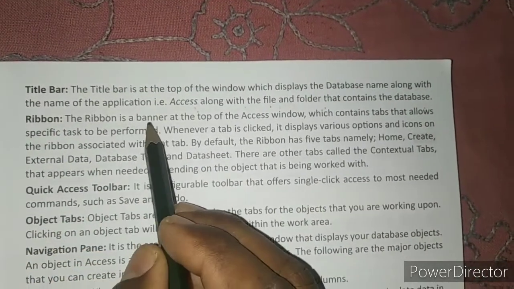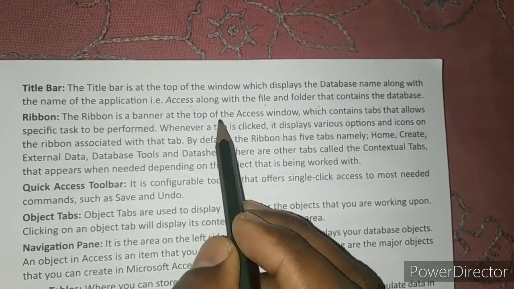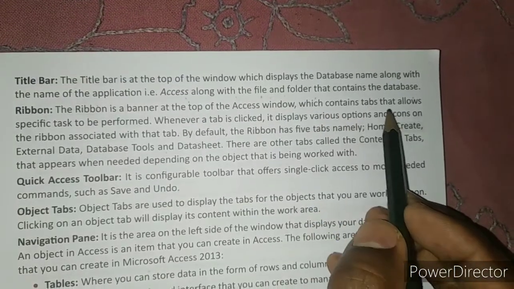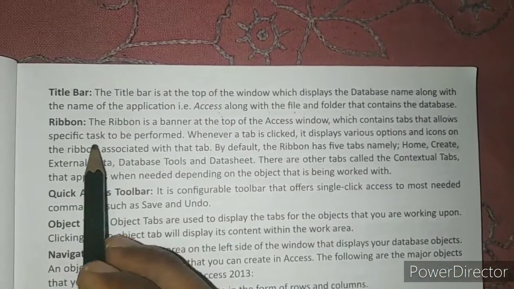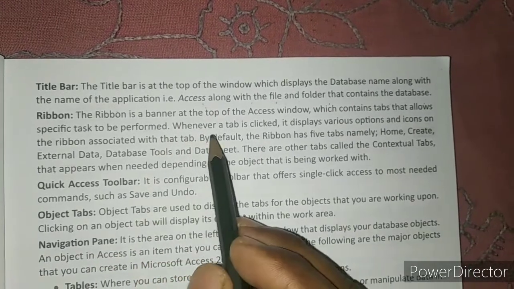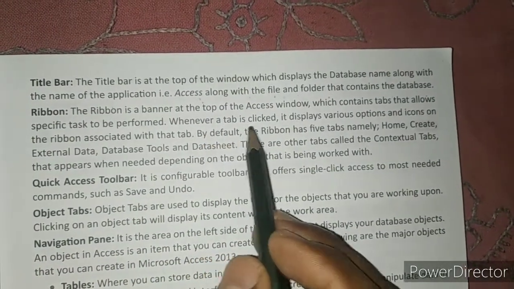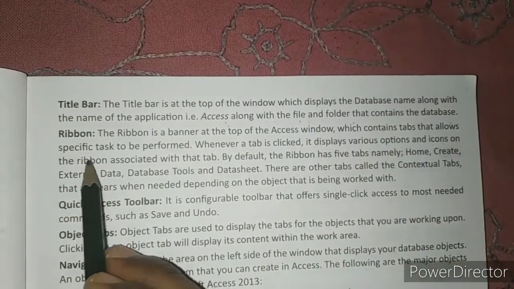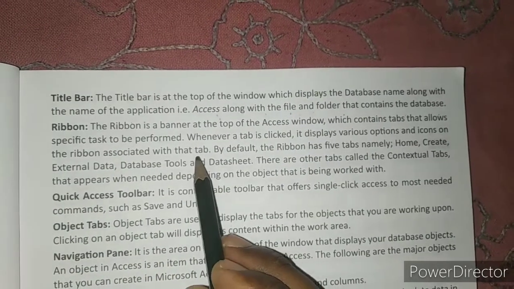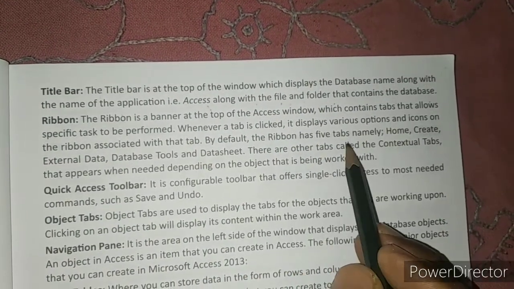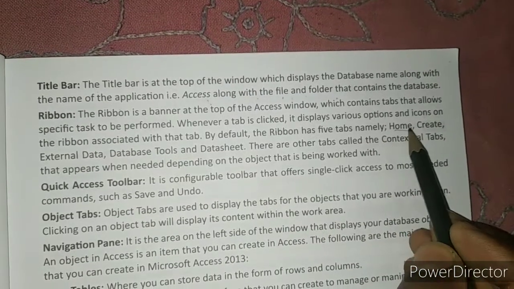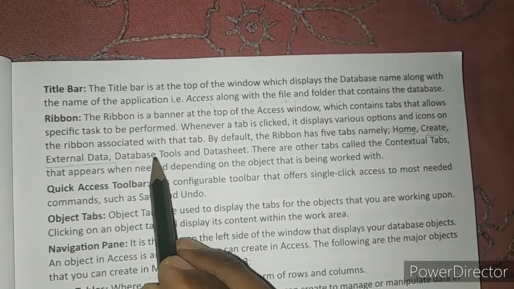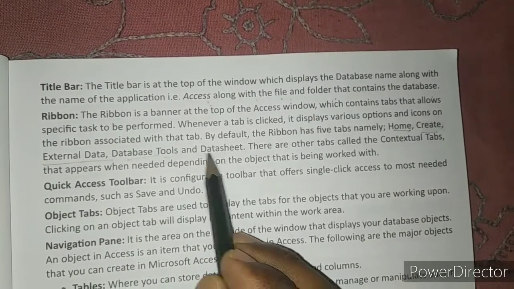Ribbon. The ribbon is the banner at the top of the Access window, which contains the tabs that allow a specific task to be performed. Whenever a tab is clicked, it displays various options and icons on the ribbon associated with that tab. By default, the ribbon has 5 tabs, namely Home, Create, External Data, Database Tools and Datasheet.